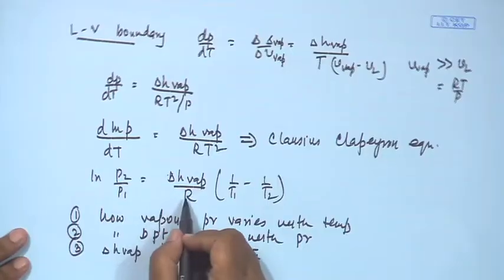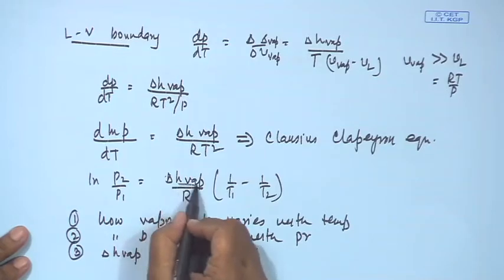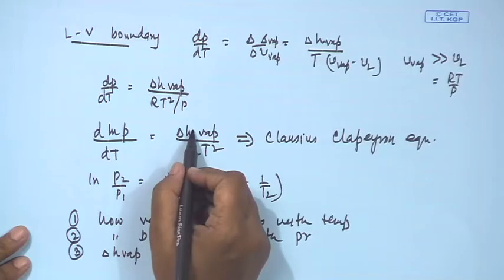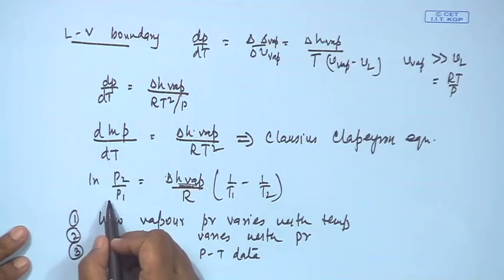Now, we need to remember, despite the success of the Clausius-Clapeyron equation, it has got a large number of assumptions. Now, what are the assumptions? The first and the most serious assumption is, for all these integrations that we have done here, I have assumed a basic thing that delta H vaporization is constant. Only under that condition I have come from this step to this step,